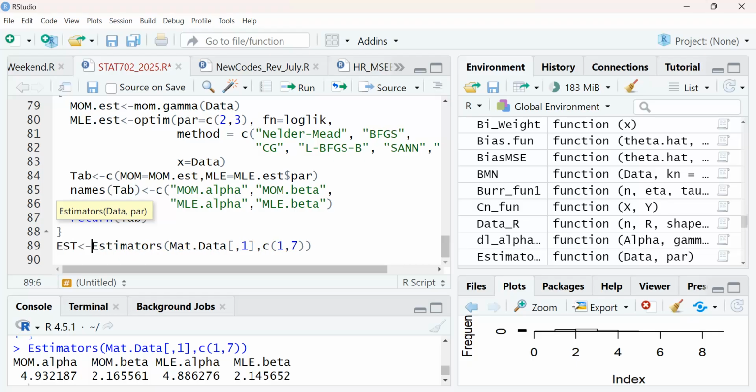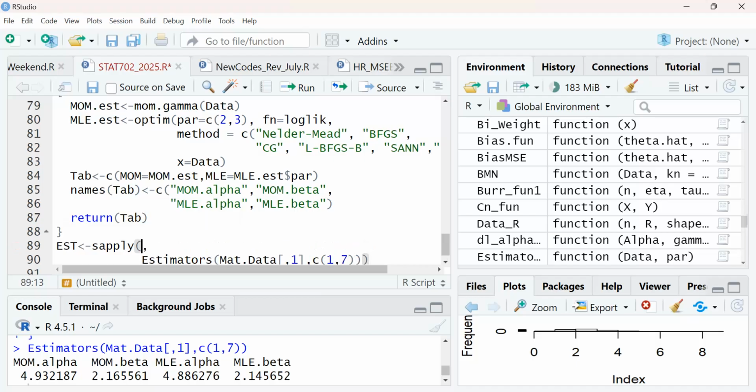Estimate is. Then I can use the lapply. Oh, sorry, or even the sapply again. I think it will be better because you know the sapply now. So sapply. So it will still be 1 to R, right? 1 to the repetitions, isn't it? Good, okay. Then we call our data.